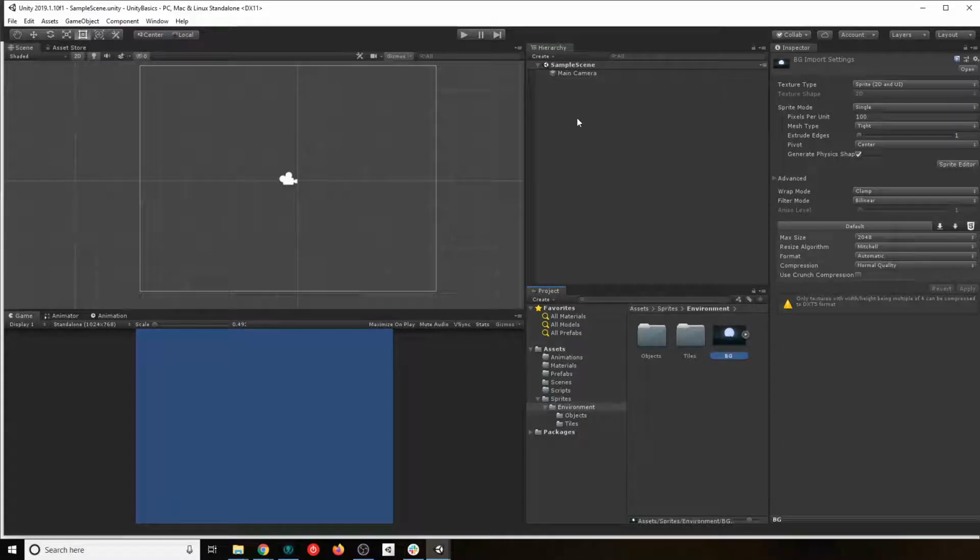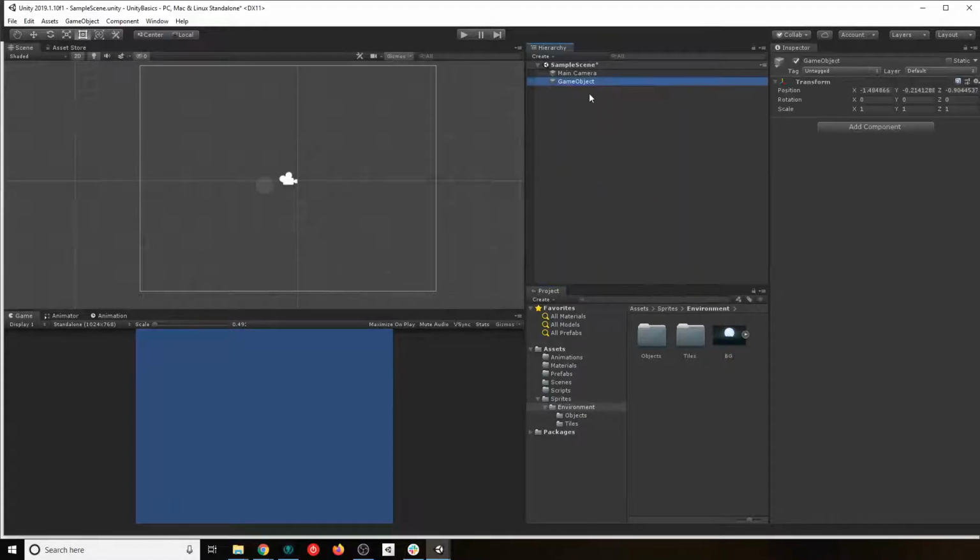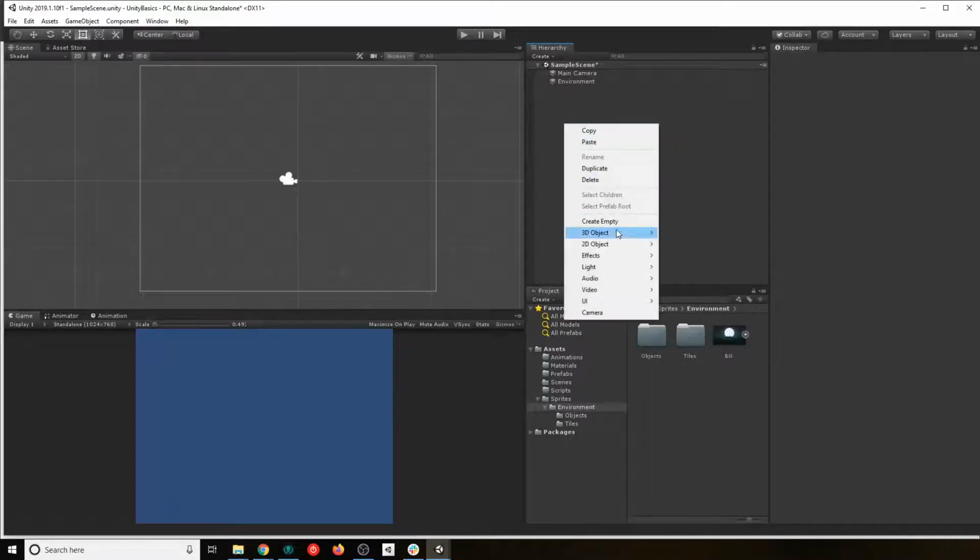Okay, so we want to create a game object here. You will often see that I create game objects that are basically empty and are just containers for organization. So I want to say this is my environment container. All the objects that I create, because I will have tons of objects, will become huge. I don't want them to be here and then I won't be able to find my player or something. So I will just put them here so I can collapse that structure.